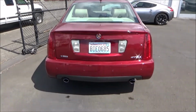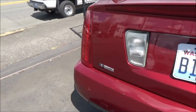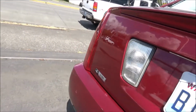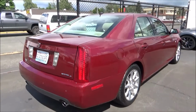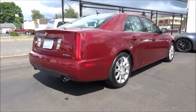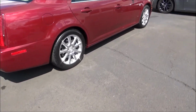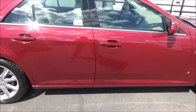From '06 to '09, there was also the high-performance STS-V, which had a supercharged 4.4-liter Northstar V8 under the hood. An extended wheelbase version of the STS was also sold in China as the Cadillac SLS, and it was actually produced up until 2013. The US market Cadillac STS comes in three main configurations for the 2007 model year: V6,